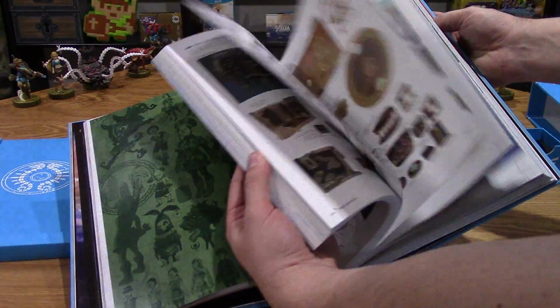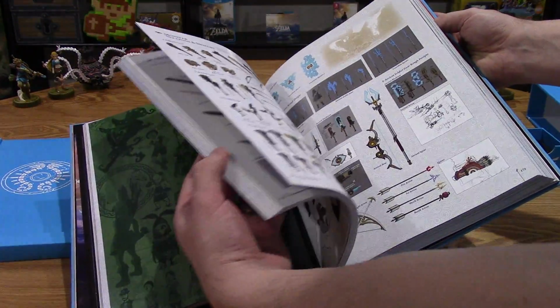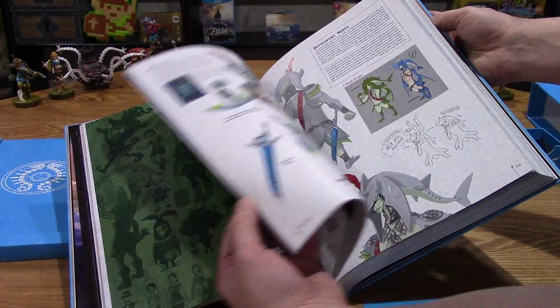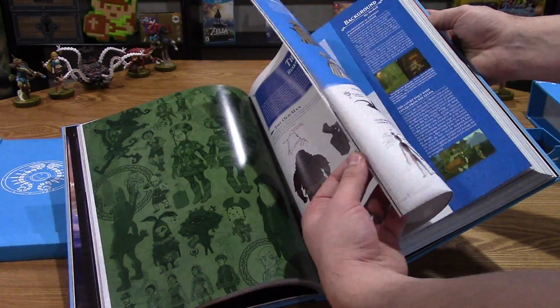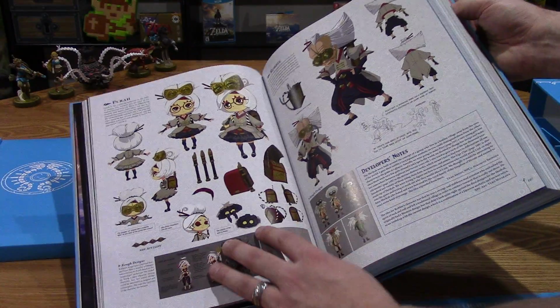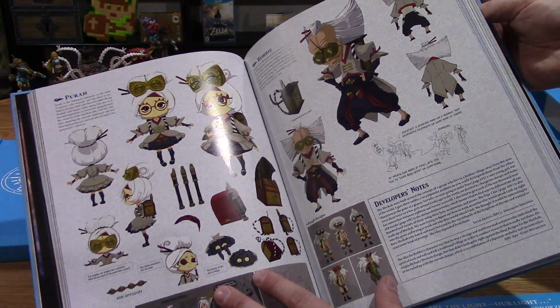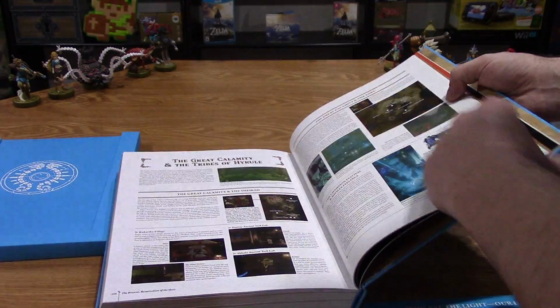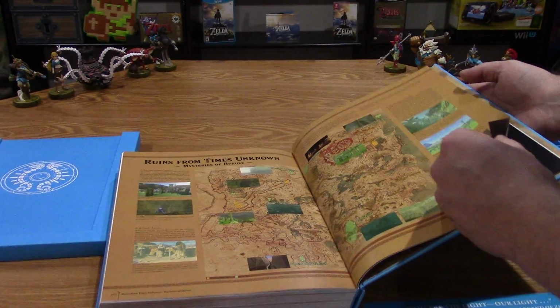So this book, I could go through this for hours just looking at all of them. I don't want to do too much spoiler stuff because there are some really good items and pieces in this game. And yes, of course, there are Zoras and Gorons. Great artwork for this. So I'm just going to go to the back and see if there's anything really nice in the back, because usually artwork...